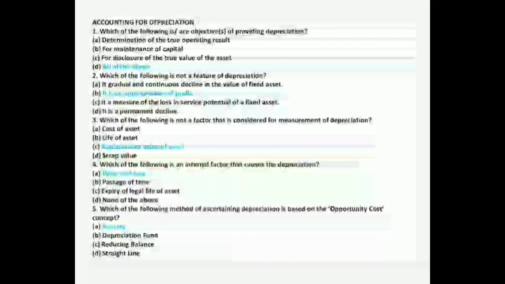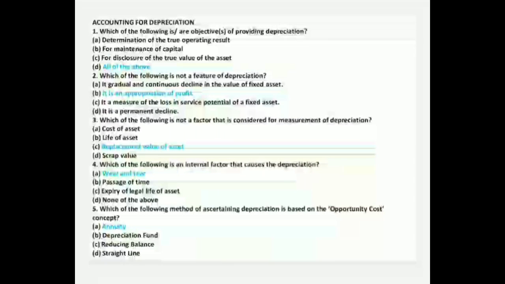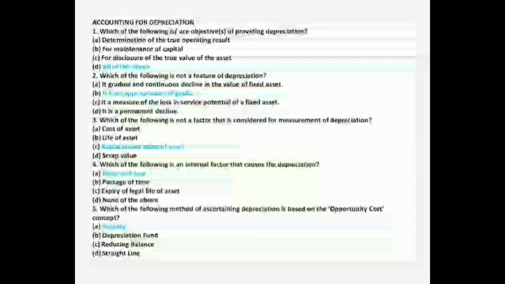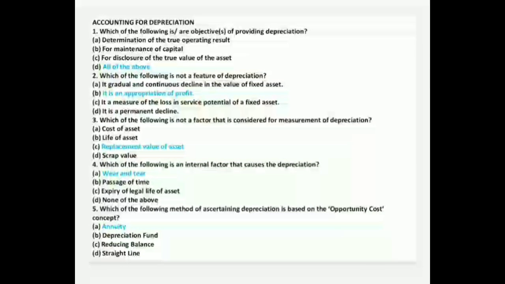Which of the following is an objective of providing depreciation? You know very well, any product you buy, as time goes by, year or month, its market value keeps decreasing; that's depreciation. The options are determination of true operating result, maintenance of capital, disclosure of true value of asset, all of the above. The answer is all of the above. Why? Because providing depreciation is related to determination of true operating result as well as maintenance of capital, because you will come to know the exact value of the capital after depreciation,